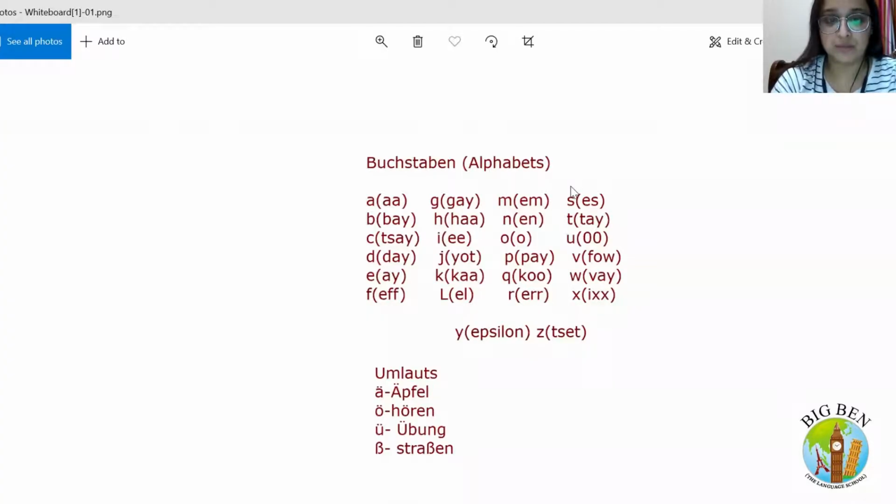Alright everyone, in this class we are going to learn about Buchstaben, which means alphabets in German. I am going to show you how we can pronounce the alphabets of German. So here we have Buchstaben, which means alphabets. You can repeat after me for the pronunciation. I am going to pronounce each and every character and you can repeat and learn how we can